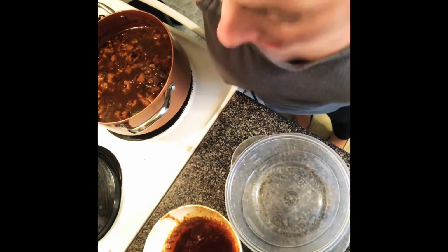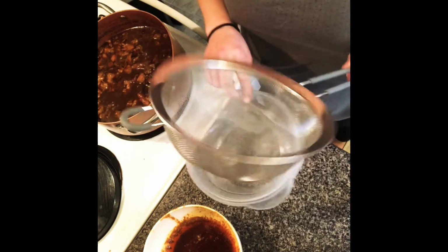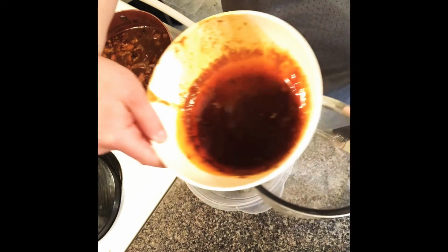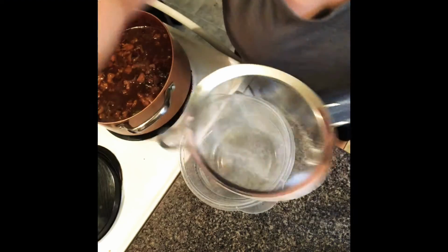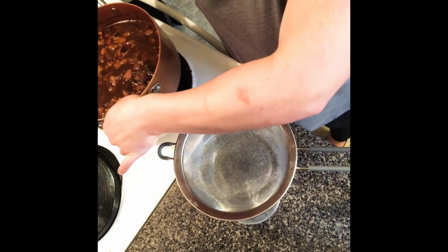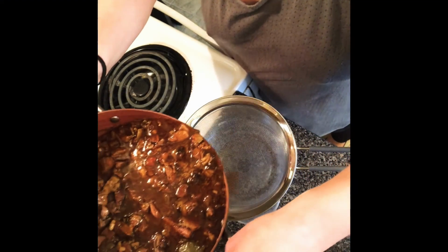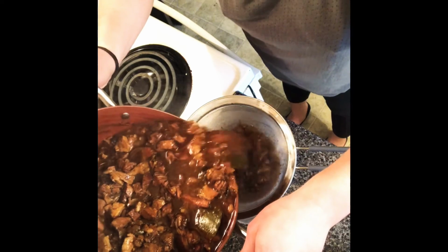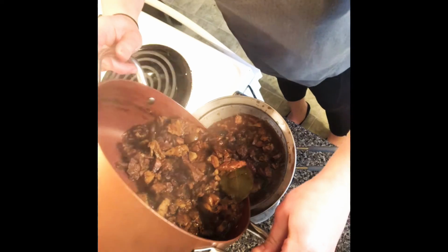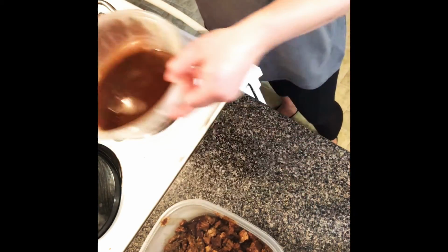All right, it's been about 4 hours since this started boiling. So now we are going to strain the meat from the liquid. Here's all the oil that I got, so I'm just gonna put that to the side. All right, now I'm gonna pour this